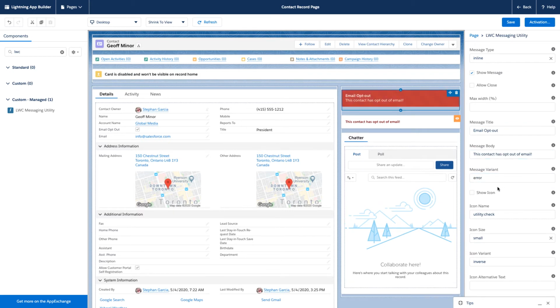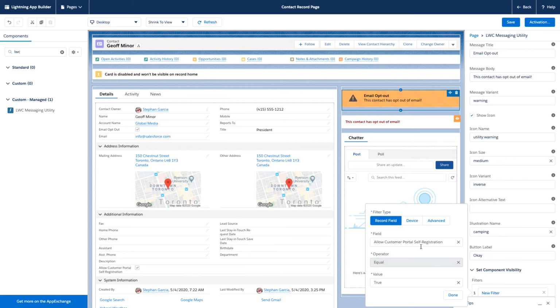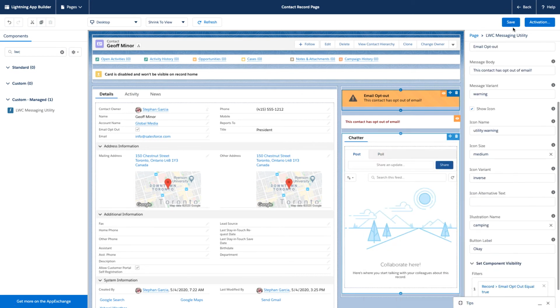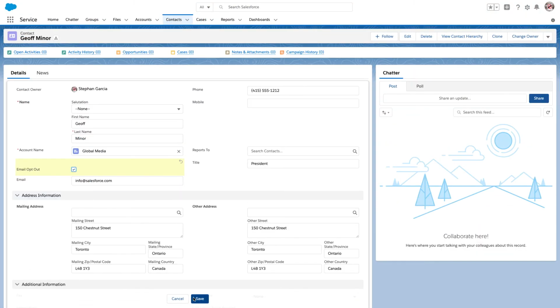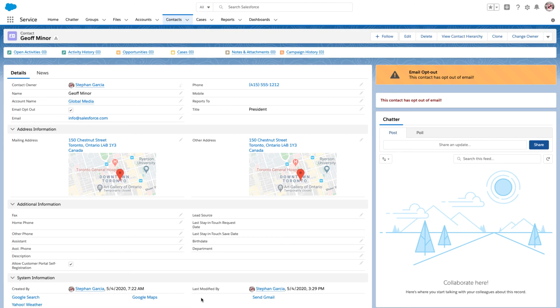In this example, we're notifying users that a contact has opted out of email when the opt out of email checkbox has been ticked. We can change the variant, the text, the icons of the component so that the users are getting the right message at the right time. You can see here that when the checkbox is ticked and the record saved, we can see the correct error